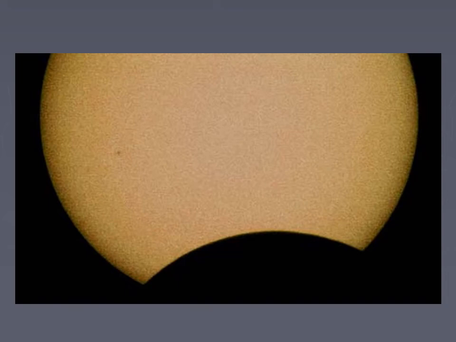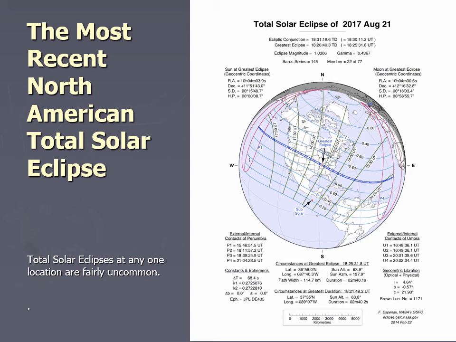There's another one that I took of a solar eclipse. That's the most recent solar eclipse, and again, you see the moon starting to cover part of the sun. That most recent solar eclipse was August 21st, about 3 years ago, in 2017. And it went right across the United States. Now, here in Texas, we had a pretty good